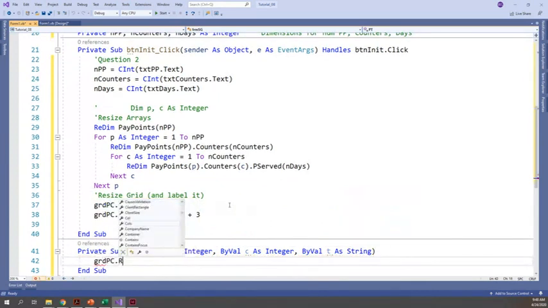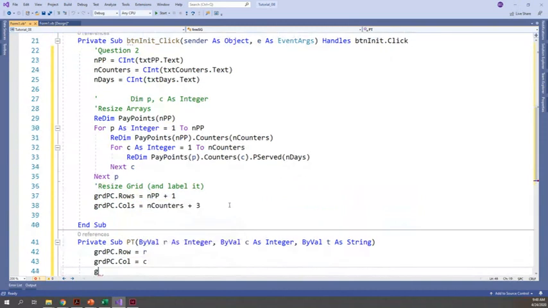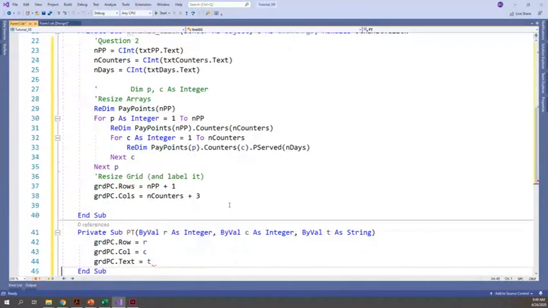It's not negotiable. Just memorize it if you have to. Okay, and I've got that. Okay, so